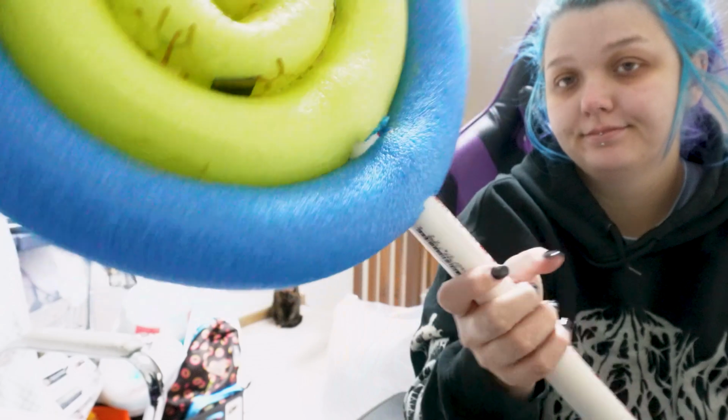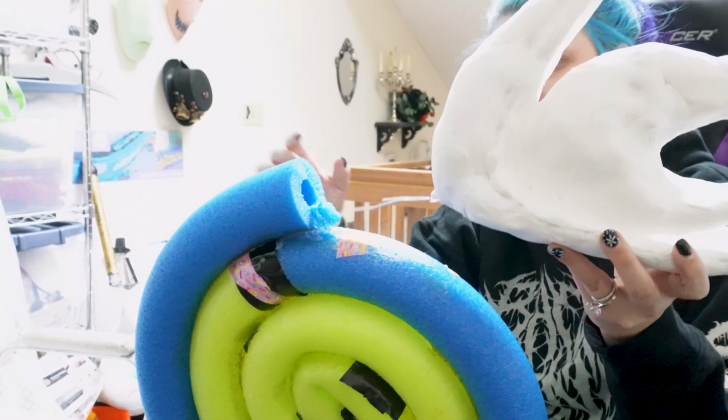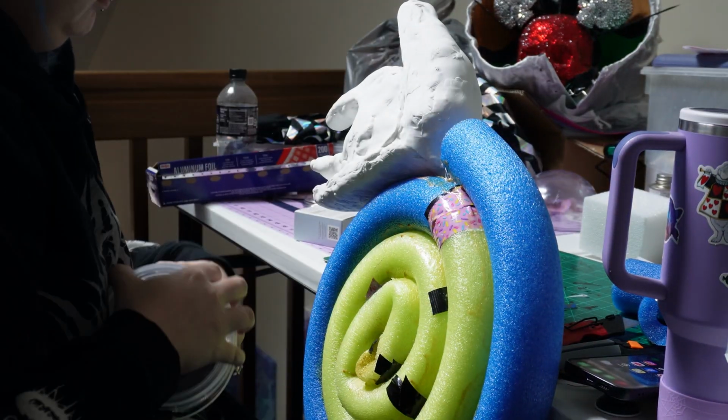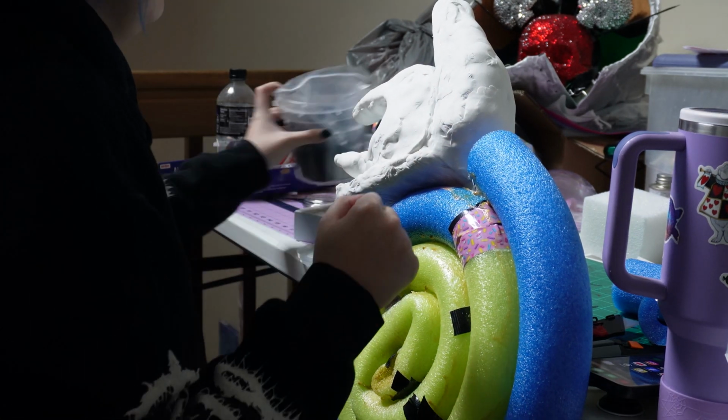The goal here is to stab this bad boy directly into the worm like I'm skewering the world's worst kebab here. And then we're just gonna attach the sandworm head with some hot glue and hope dreams, and hopefully it all works out. But we're back with the dreaded adult Play-Doh, and we're going to be connecting the head of the